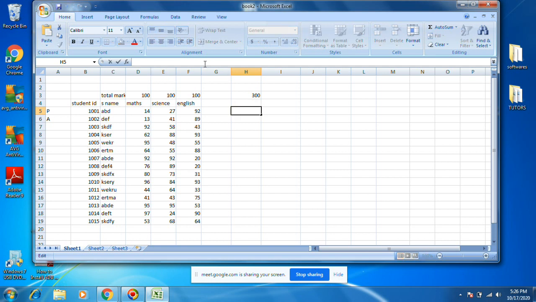Is equal to IF, and. AND means it will check logic 1, logic 2, logic 3 like that.